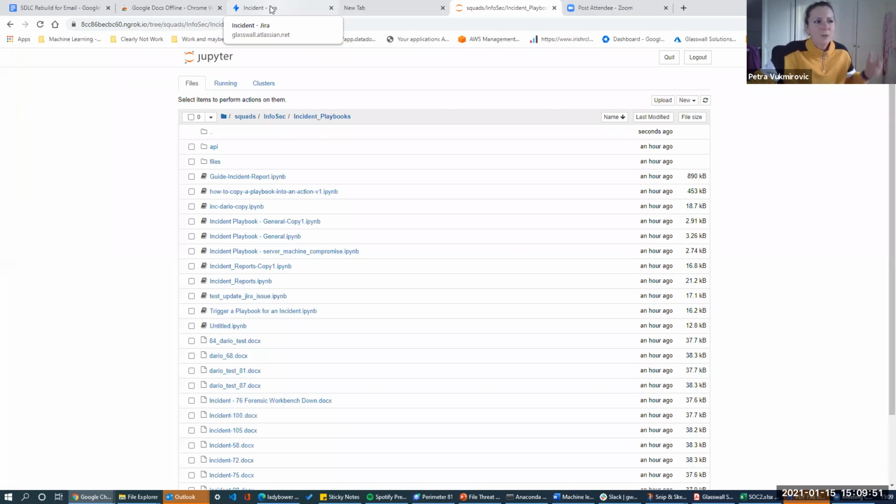Basically, once we have all of that, we've put it all in Jupyter notebooks, and with the help of our automation team, we created a script that will trigger this playbook, which means it will create an issue called incident every time that we have an incident, and that will have all the questions and tasks that we want it to have. Once we have completed these questions and tasks, we will also create a report that will be programmatically generated from that. And again, we will be doing that in Jupyter notebooks. So before I walk you through the whole process,